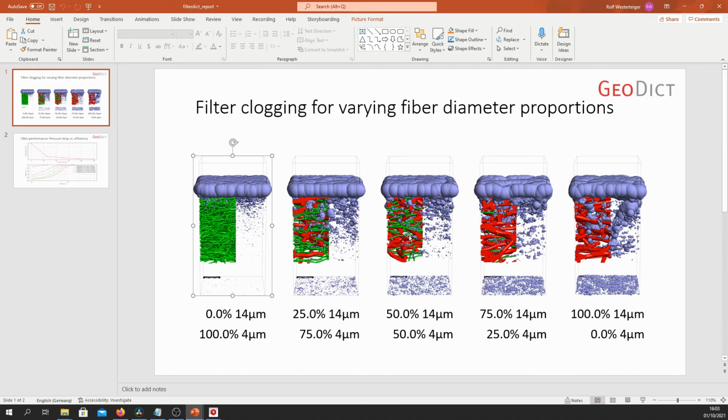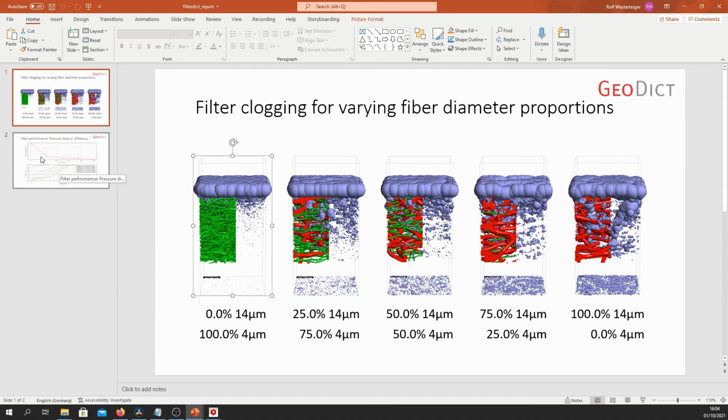And if we then increase the amount of thick fibers and likewise reduce the amount of thin fibers, we can see that the particles penetrate more and more until we only have the thick fibers, where even relatively large particles penetrate relatively deep into the structure, and we can see that a lot of particles are not filtered anymore. Whereas in the first example, we can see that most of the particles are filtered.